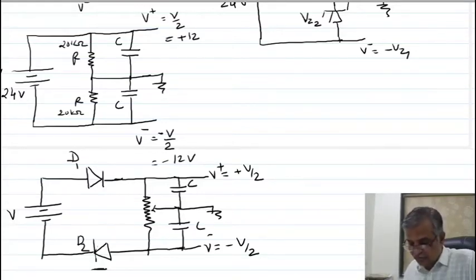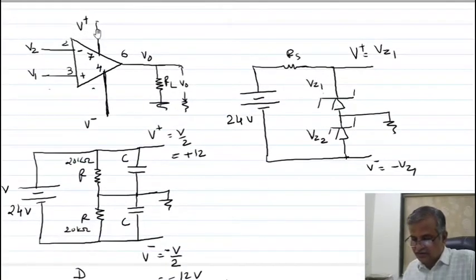See here what we were discussing. Here you require two power supplies, a plus power supply and a minus power supply. You can connect two different power supplies, here plus 12 and minus 12, but the ground of both power supplies you should make common. But already I have shown you that you can use only one power supply in different ways.